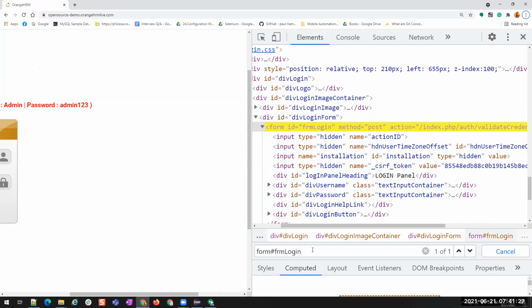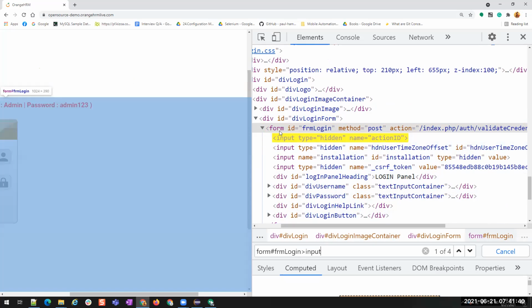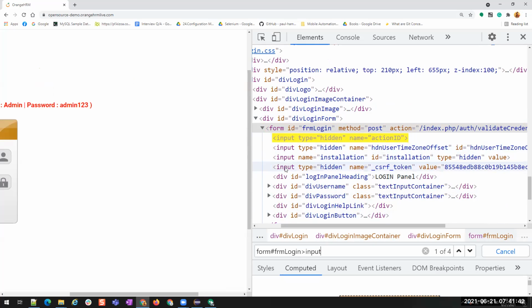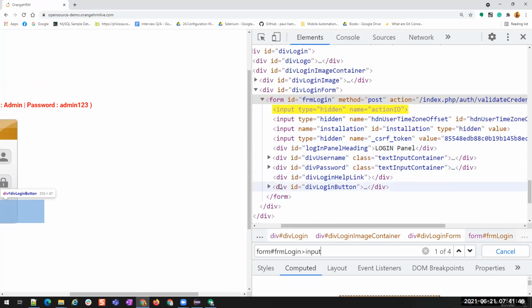To go to its children, we have to use the greater than symbol. So children of input. You see how many it is finding? 4, because in this form tag we have 1, 2, 3, 4 children. Form is closing here and we have direct divs.